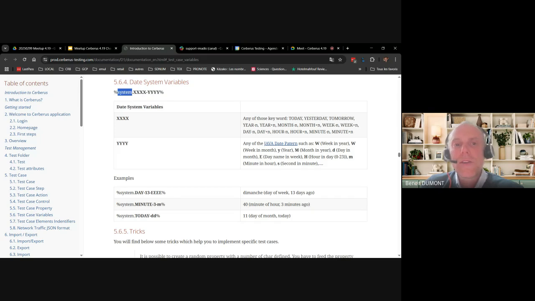So basically, with that new syntax, if you use the keyword system and then you separate the data in two parts, on the first part, which is the X part, you will define where you put in terms of calendar, so on which day, which time you want it to be put.